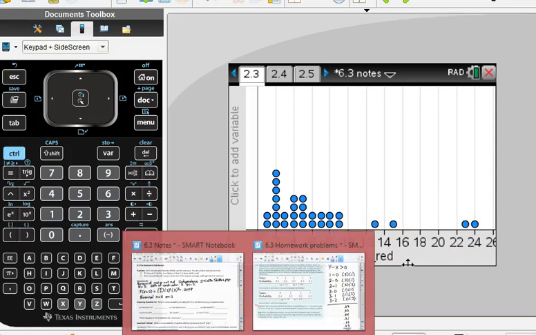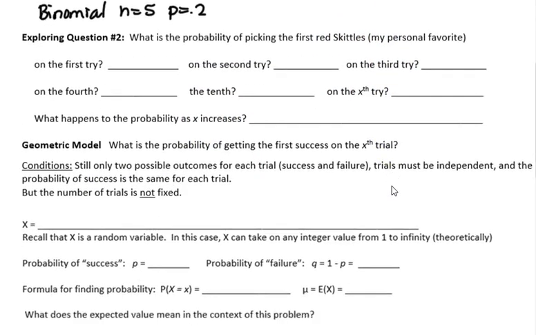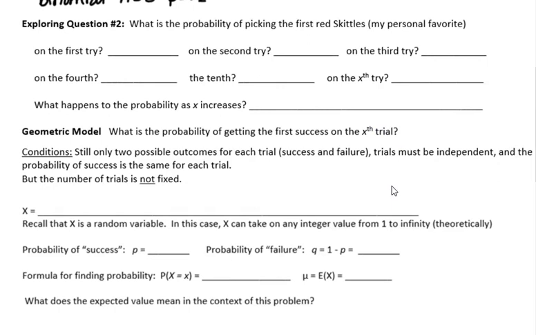So what kind of distribution is this? Let's think about the probability of this. What's the probability of picking the first red Skittle on the first try? Well, that's just 0.2 because we have a 20% chance of getting a red Skittle. So what's the probability that we got it on the second try? Well, that means we didn't get it on the first try, so there's a 0.8 chance of not getting the red Skittle, and then we did get the red Skittle,